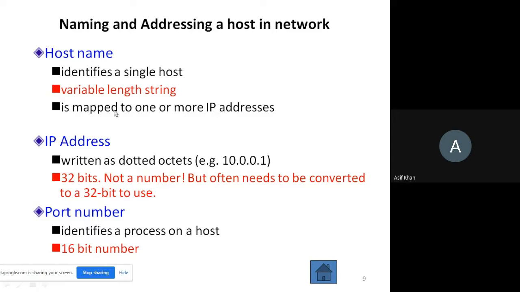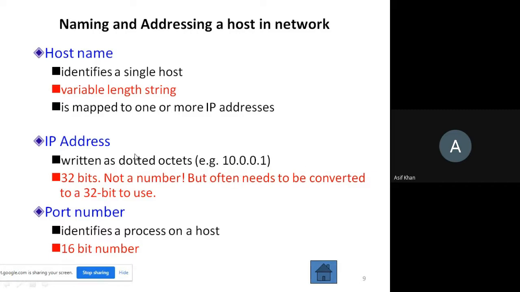Host name is a string name, for example a domain name like google.com, and IP address is a numeric name or address that we are using. And port number is used to identify a specific process running on a computer. So all these are required to identify a device or computer connected to the network. Whenever two devices want to communicate with each other, we must have a mechanism to identify the computers first, right? So these are the addresses and names that we will use in socket programming.